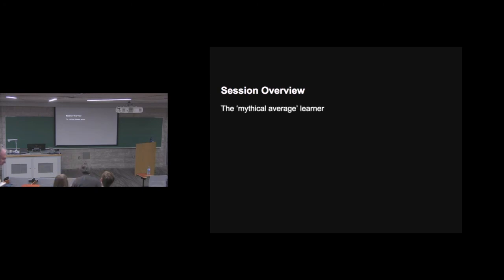Okay, so just as a brief outline of where we're going today, I'm going to address this idea of the mythical average learner. When we design our courses, who are we designing them for? Generally we default to this average learner who will be able to read a textbook, take an exam, write a paper, and finish the course. So we're going to look at that idea, challenge it a little bit, and see who our learners really are and how we should be tackling both course design and teaching practice to be more inclusive or accessible.